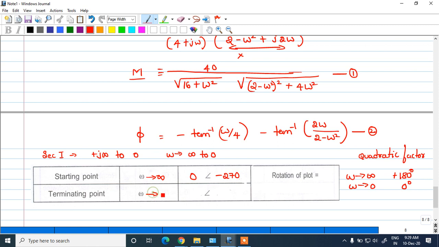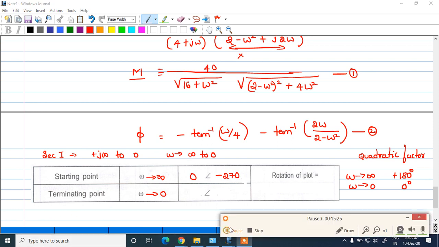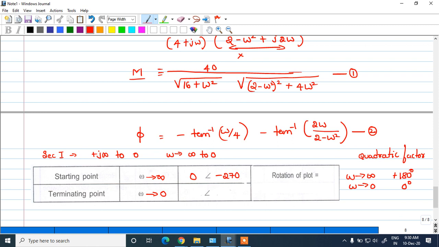When I substitute omega as 0, give me the magnitude equation. You substitute omega as 0 and get me the magnitude. So I will give 2 minutes of time. Yes, the answer is right. You will be having magnitude as 5. So substitute 0 here. So 4, and here you will be having 2. So root 2 multiplied by 4 divided by 40. So you will be having the magnitude as 5. So you will get the answer as 5.